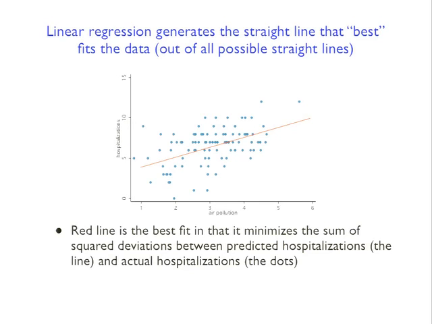So you might think, well, okay, so if I want to get a measure of the goodness of fit of the line, then I could just sum up all of these deviations. And you'd be almost right. The one thing is that in some cases you have positive deviations, and in other cases you have negative deviations. And so if you sum up all of the deviations, they could end up offsetting each other, and you could end up concluding that on average there was 0 deviation, which would be true. But that's not the same thing as saying that you managed to predict all of the things exactly right.